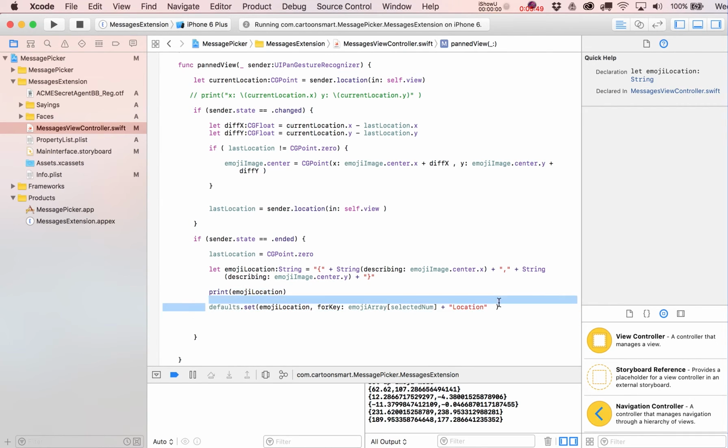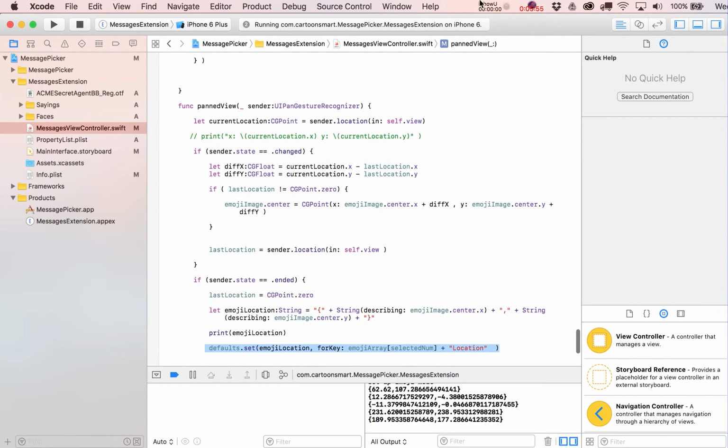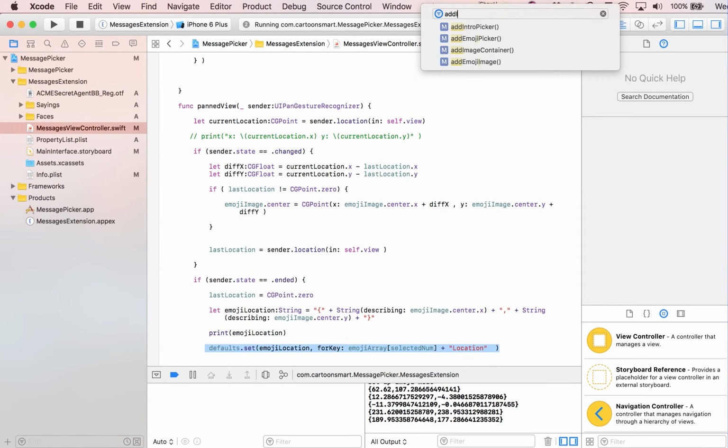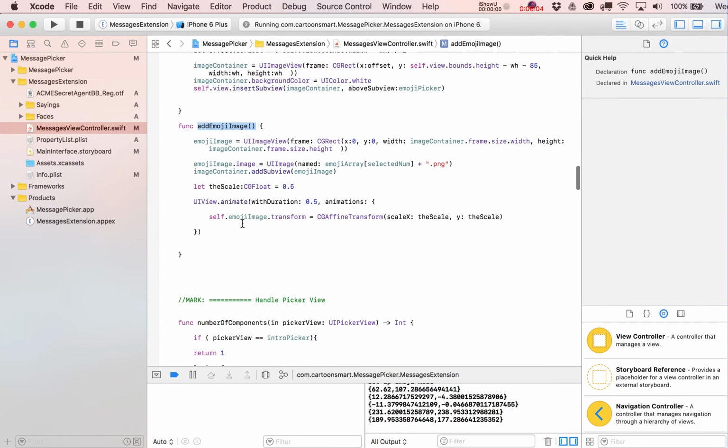So what we're going to want to do now is the reverse of this, where we pull that default value back out again when we add in that image. So let's type in here, add emoji. Yep, there it is. Add emoji. Okay, and